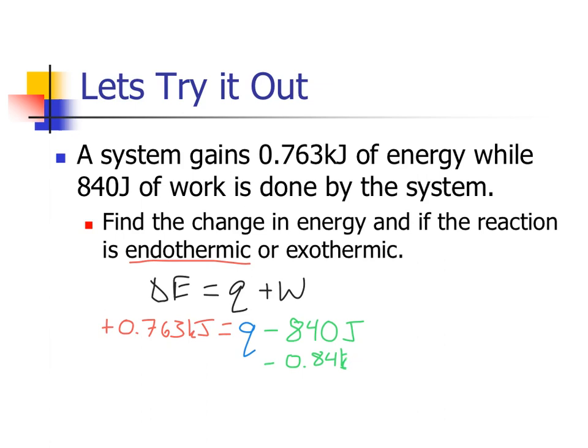Make sure I erase that here. And so I'd make it kilojoules. So now my labels are actually in the same units. Now, to get rid of the minus on the other side mathematically, I would need to add energy to both sides, or add 0.84 to both sides. And so by adding 0.84 kilojoules to both sides,